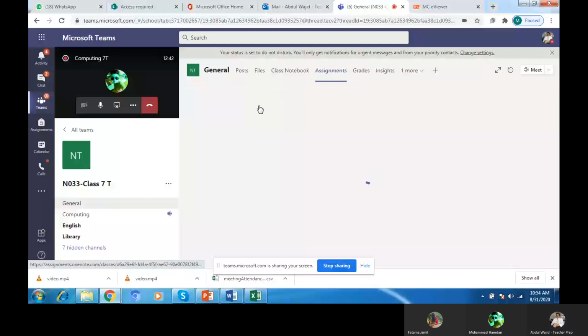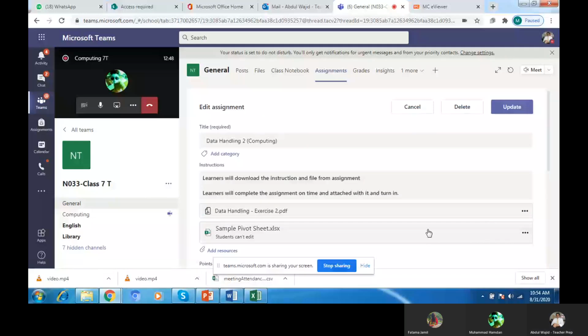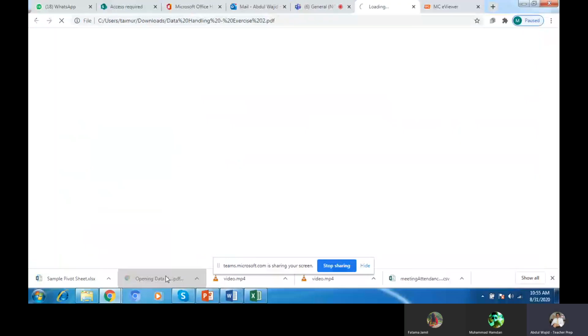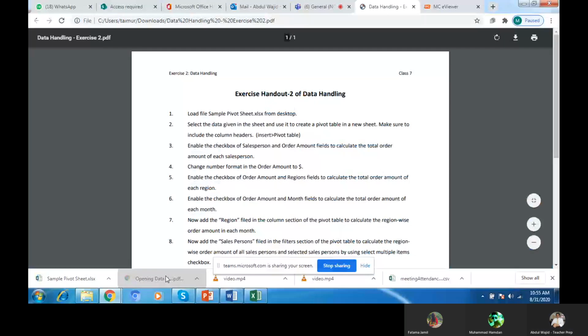After that, the Excel sheet. You will click here and download. It will appear here. Now this one again, the Excel sheet. Now I want to go through it. First you will click, it will open. Now read the instructions first.